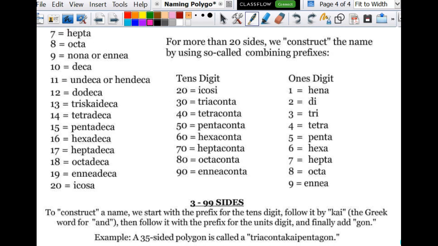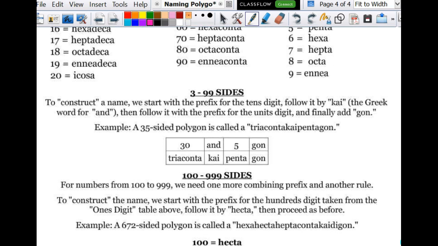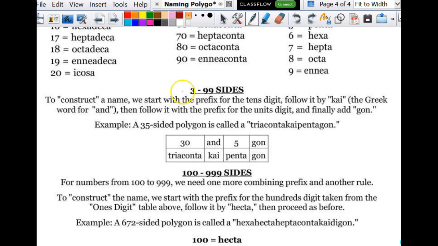When you get up here, you've got the tens digit and the ones digit, because if you got more than 20 sides, you're going to construct the name, and that's what I wanted you to see, that all these are just these different prefixes all put together. So when we look at 3 through 99 sides, we're going to construct a name. We start with the prefix and the tens digit, followed by chi, which is sometimes optional, which just means and, and follow with the prefix for the